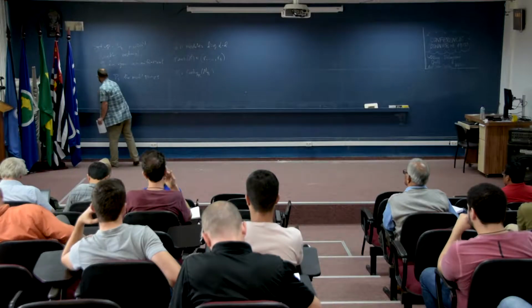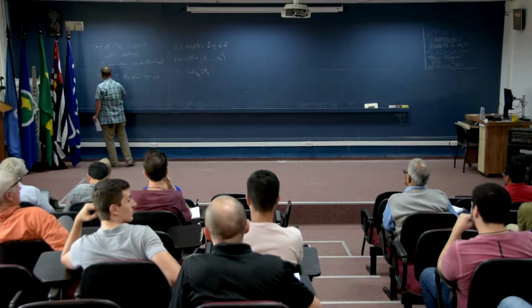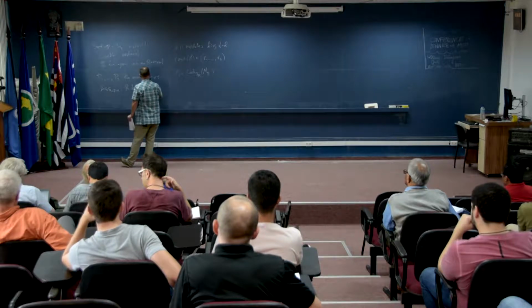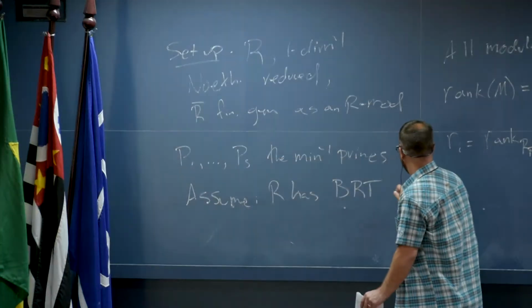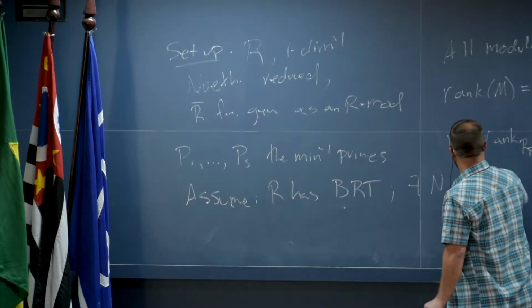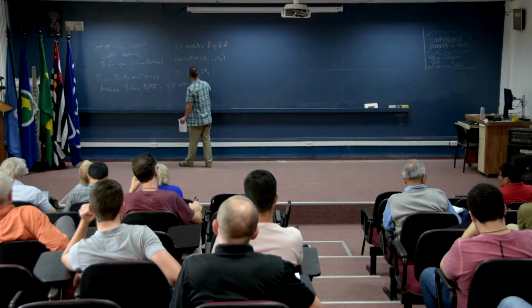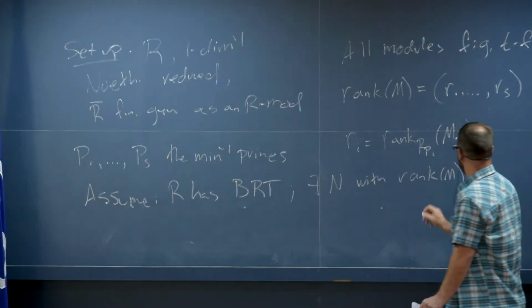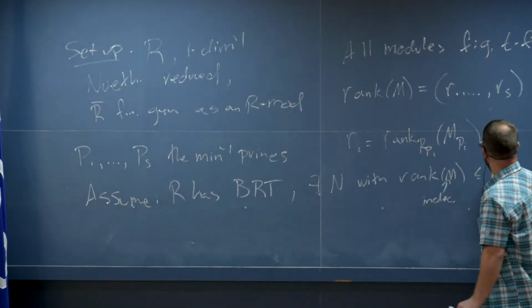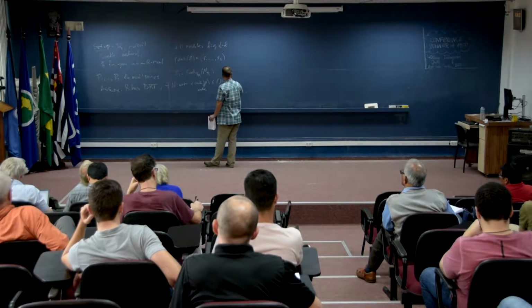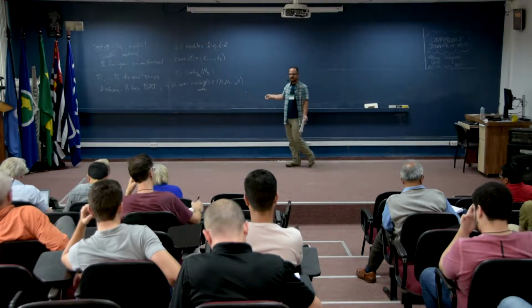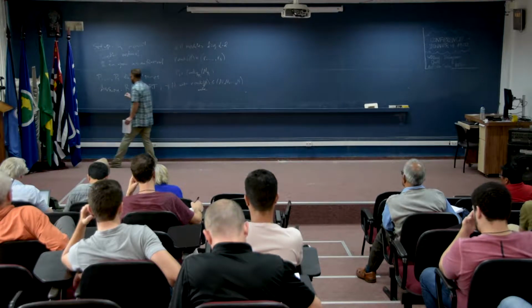And I want to assume throughout that R has bounded representation type. So that is, there exists some natural number n with the rank of any indecomposable bounded by this S-tuple n, n, n, n. Okay. And equivalently,